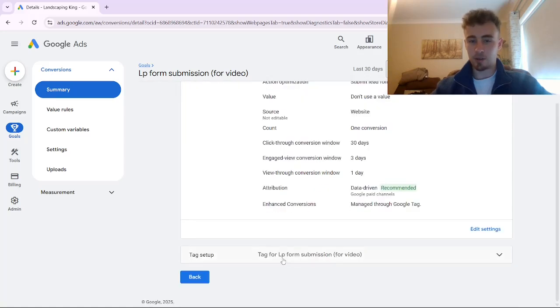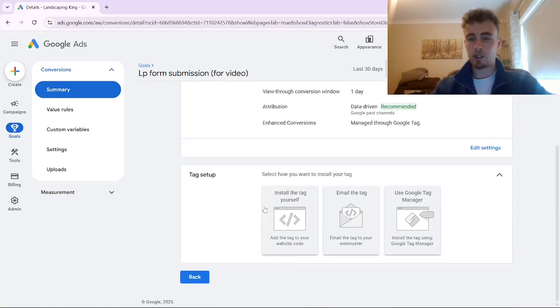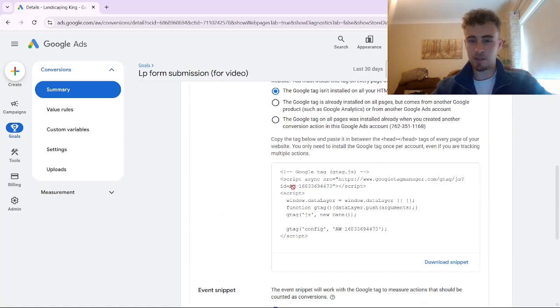And to do that, we're going to go to tag setup. And there's multiple different ways you do this. But if you're using a landing page software, for example, we always recommend installing the tag yourself because we've just found it easier to use than Google Tag Manager. But we are going to use Google Tag Manager to track phone calls, which I'll show you in just a moment. But to actually track these form submissions, we're going to install the tag ourselves,